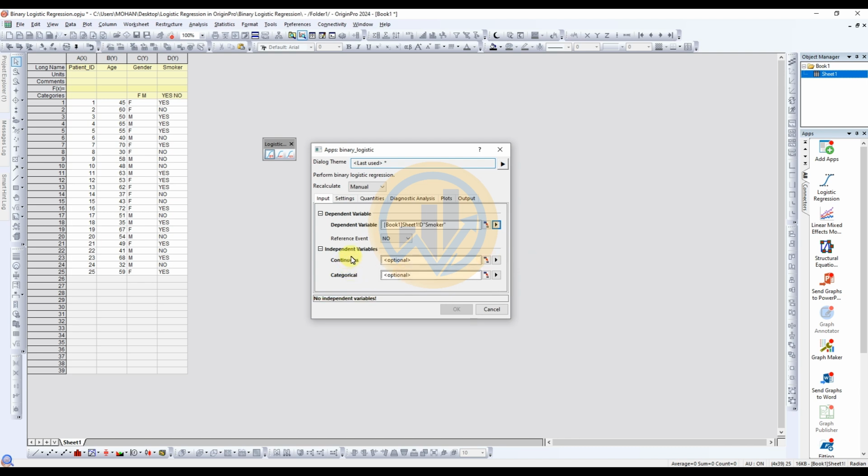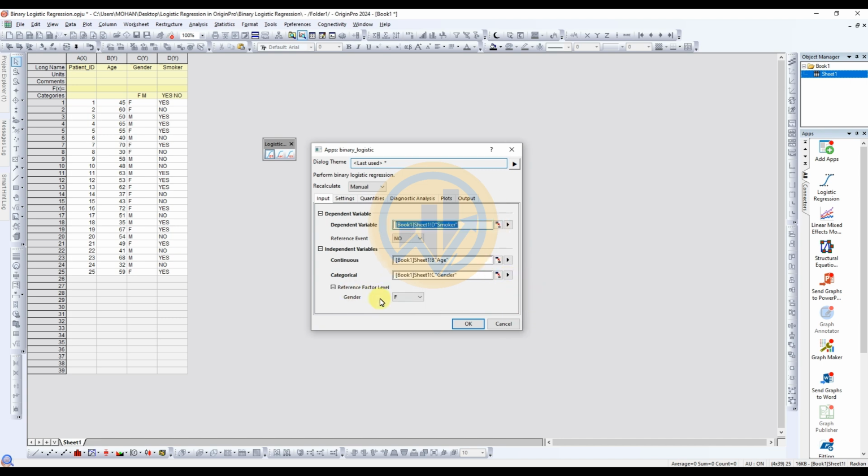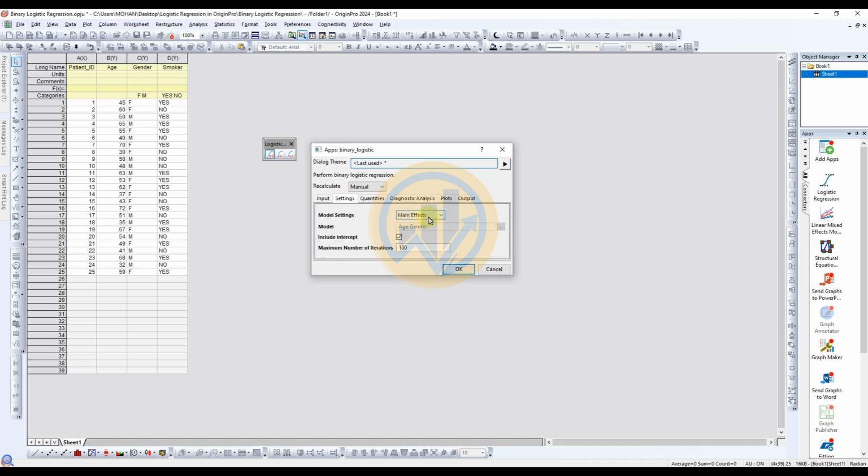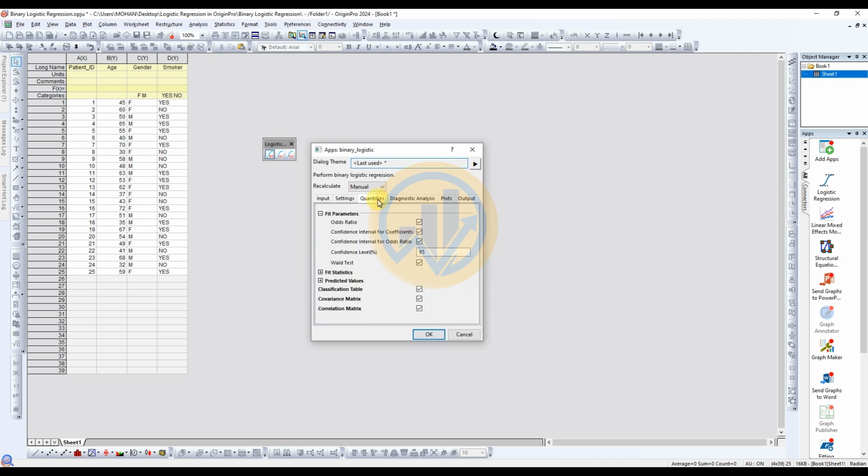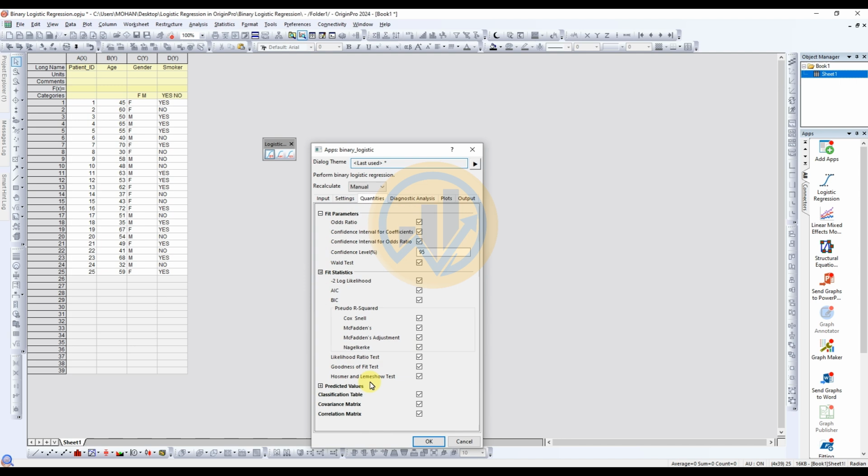Then the reference event, no, is selected automatically. Then for the independent variable, continuous, select the age variable. Then for the categorical variable, select gender. The reference factor level for gender is selected automatically. Then go to the next one, the settings, and select main effect. Then go to quantities, and select all the checkboxes for fit parameters, fit statistics, and also all the checkboxes in the